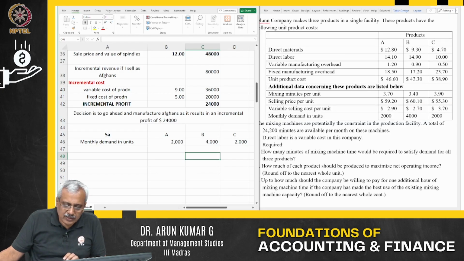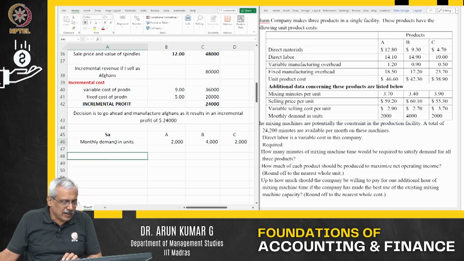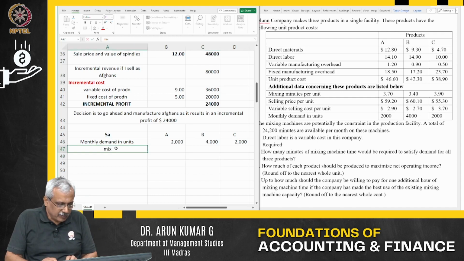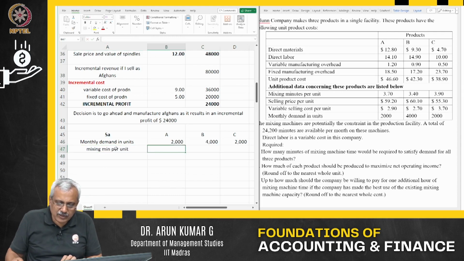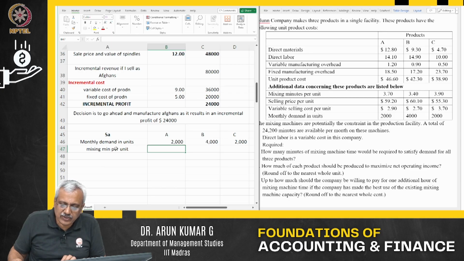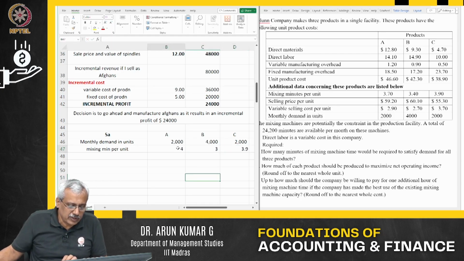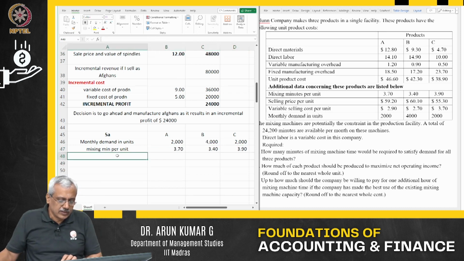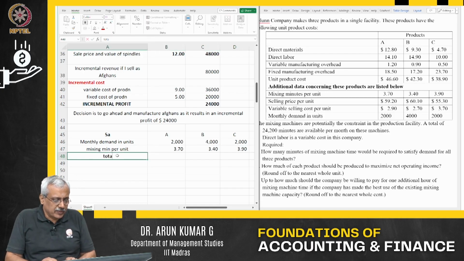Now let us look at the mixing minute per unit requirement. What is the mixing minute requirement per unit out there? Let us see this. It is about 3.7, about 3.4, and about 3.9. So, I will have to increase the decimals in this particular case. So, total mixing minutes